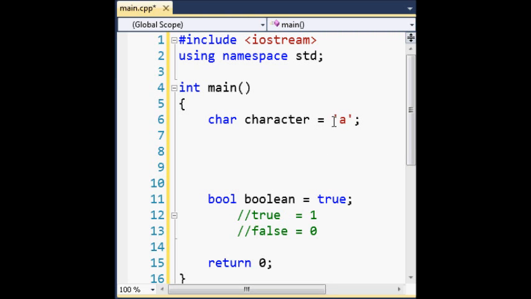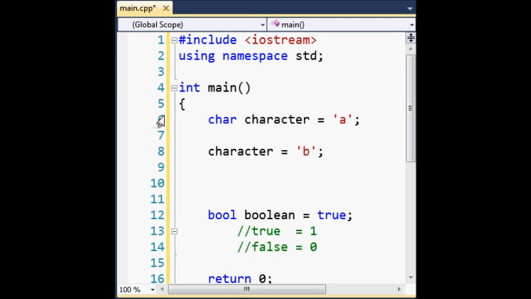So if I wanted to set character to A, you put A between the two half quotation mark things, and that's it. That's all you have to do. Okay, I guess they're called apostrophes, and so the way characters are set is the same way. You'd be like character equals, and then after the equal sign is the value you want to set it. So if I say it equals B,